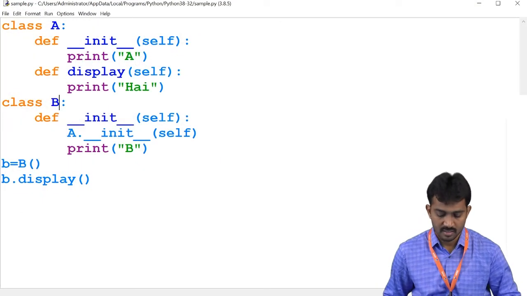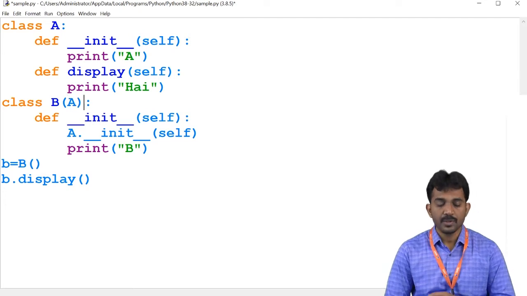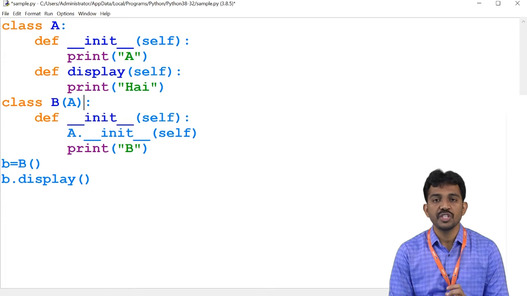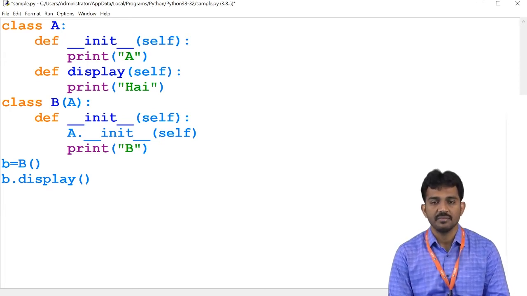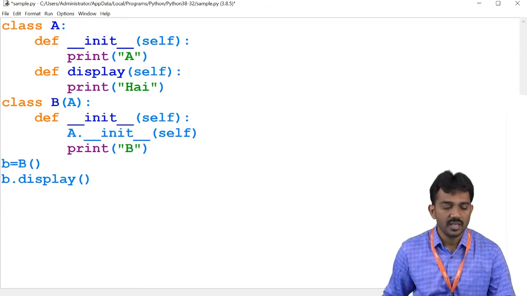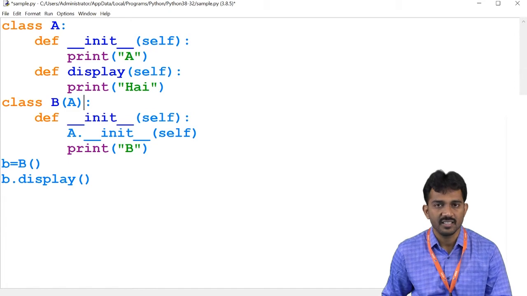That is the reason. The purpose of inheritance is reusability. It is going to reuse the same characteristics. This is clear? That is the purpose of inheritance.